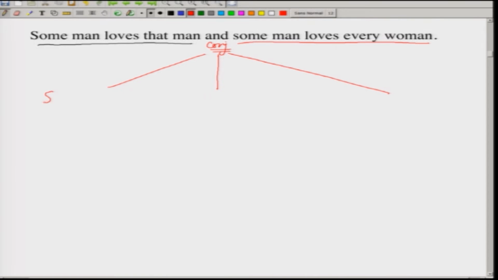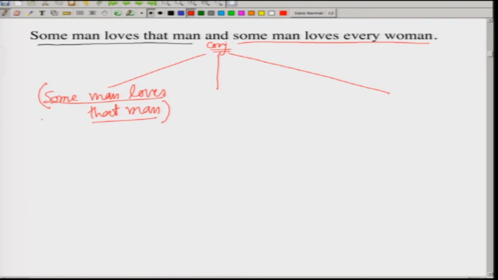Here you have some man loves that man, which is bound in itself. What I'm speaking sometimes a little loosely is just for the sake of understanding. It is not very technical. Sometimes I have to speak a little tightly, but we understand when we switch from a tight version to a loose version. So all I am trying to say is, this is bound,